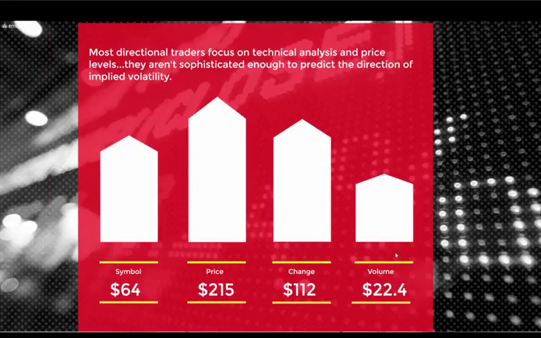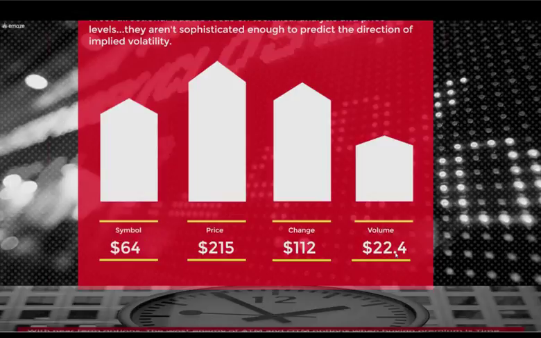Understanding where implied volatility is at is going to be critical, and it's going to be different for every index and also every stock. When you understand where those levels of implied volatility are, that's going to help you dictate what most people refer to as expensive or cheap. Now, that's a relative term, but when you know that implied volatility is at higher levels, there are ways to offset that, which we'll talk about in a few slides. So my examples here: symbol, price, change, volume, and so on. These are all things that people would be looking at if they were trading a direction with technical analysis.